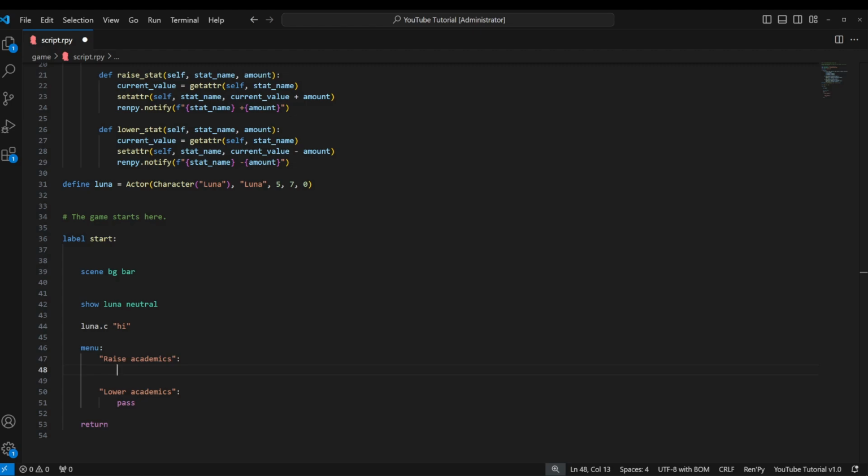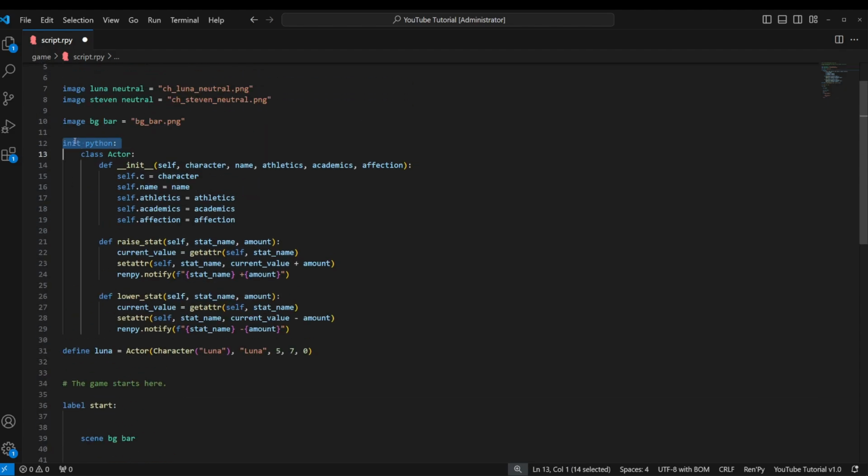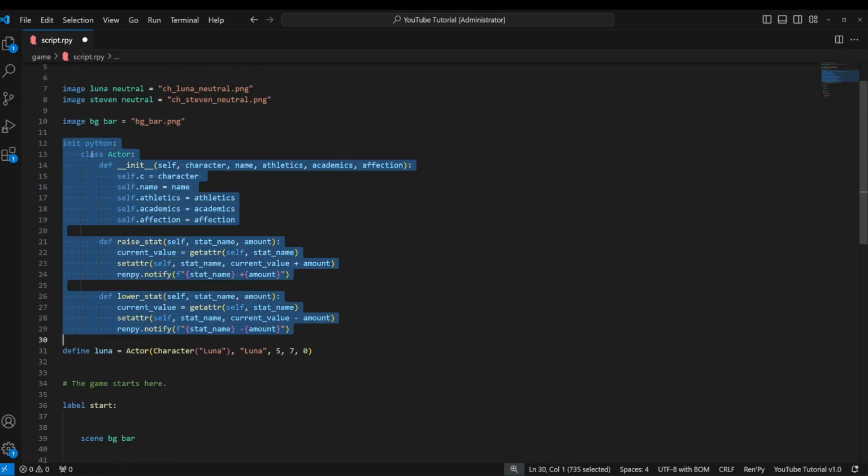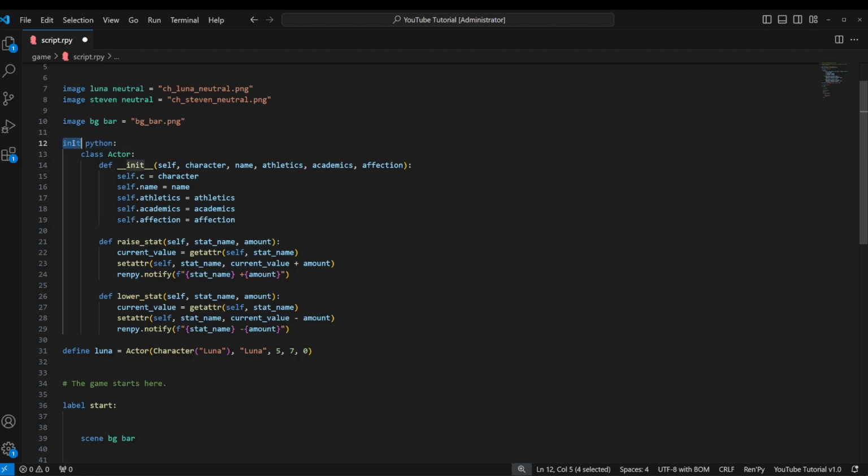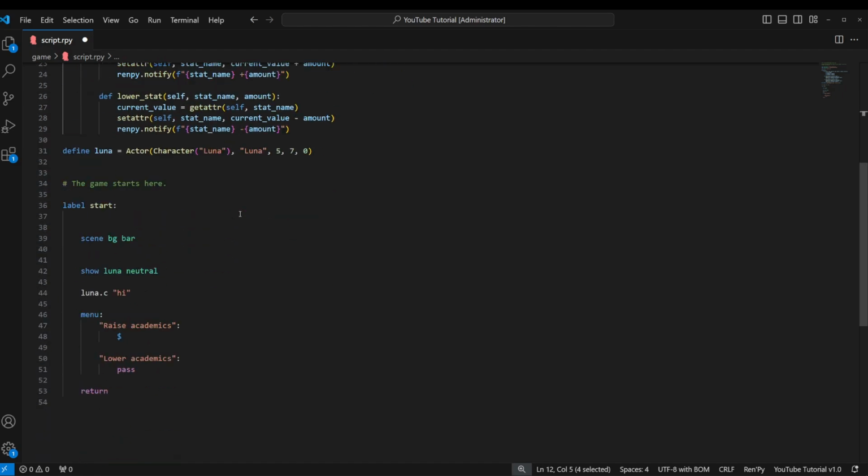So to raise academics, we're going to have to go back into Python. And if you remember, whenever you do a long block of Python, we use that Python block. And if you add init at the beginning, it runs at initialization. If you want to do just one line of Python, you can just put a $ in the beginning, and then it will interpret that one line as Python, which is what we're going to have to do. So we're going to say